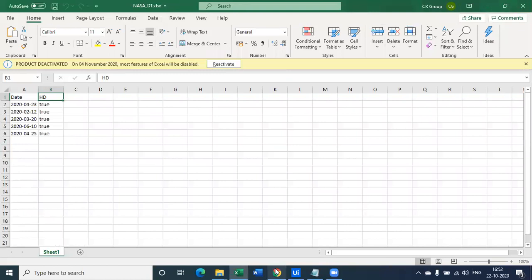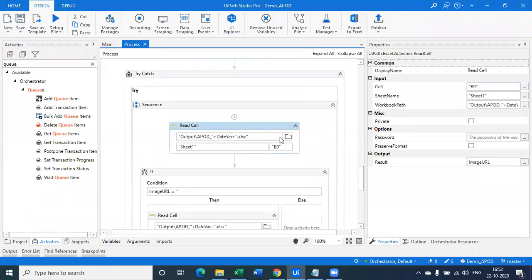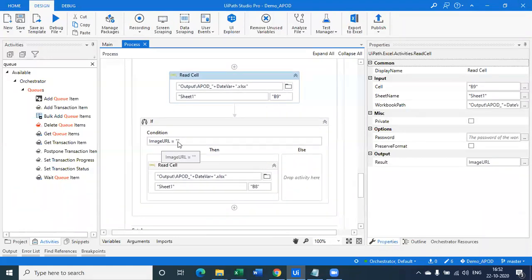We will simply read the cell value from B4, which is going to be the explanation. Now we will read information from B9, which is the image URL. If there is no information in B9, if the image URL is blank, we will read the same information from cell B8.